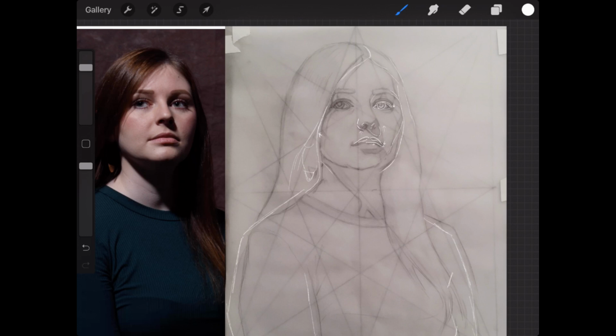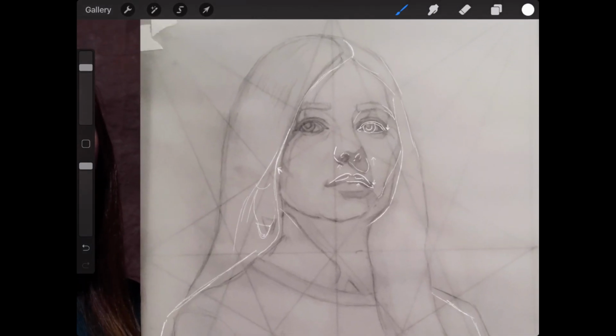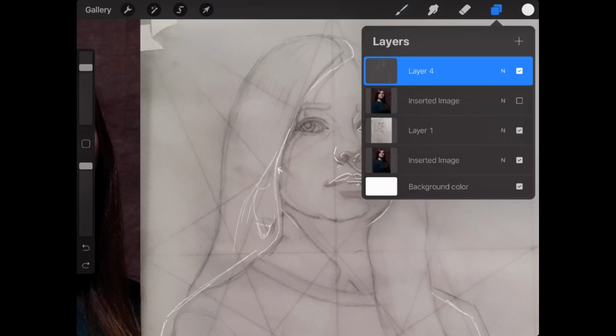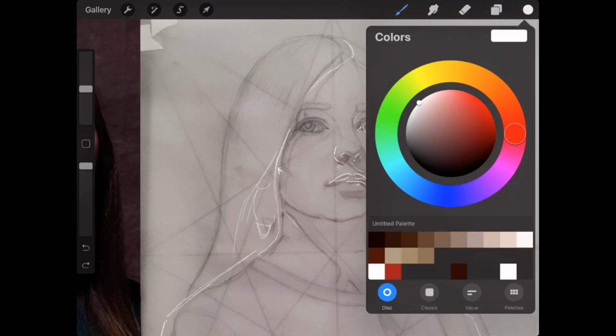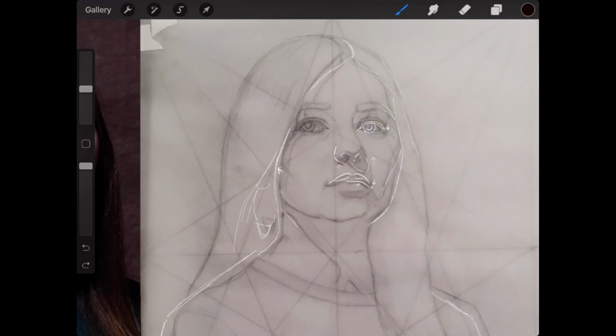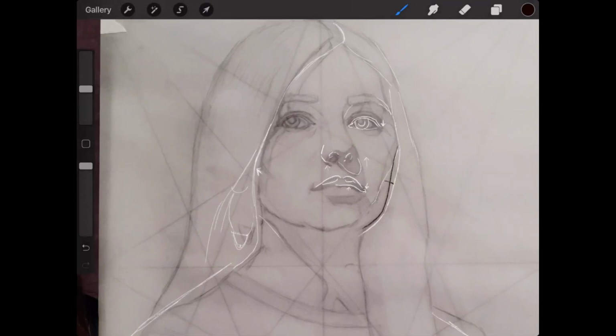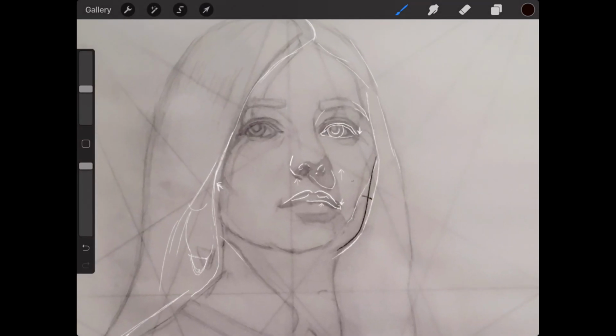It looks like an almost slightly younger version of her, and there are a few reasons for that, partly because of this jawline here. Let me get my pencil to draw in black. The width here in her jaw, your line is right here, and we need to give her a little more fullness in the face in terms of width here. That's going to age her just a little bit.